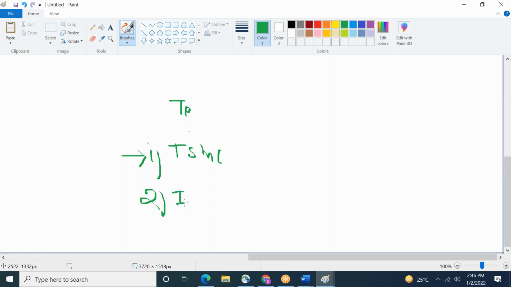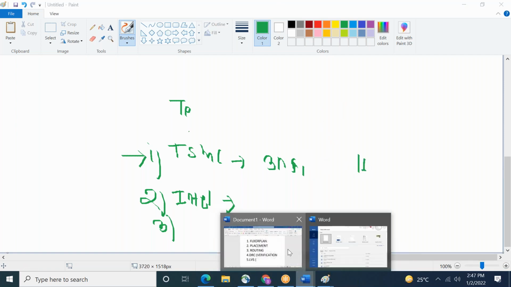Fab means they will give you the tool access, and certain technology they have to follow. Which technology is there till now? 3 nanometer, even 2 nanometer is in the R&D process. 3 nanometer fabrication is already done. 3, 5, 7, 10 nanometer, 14, 16, 28 nanometer.